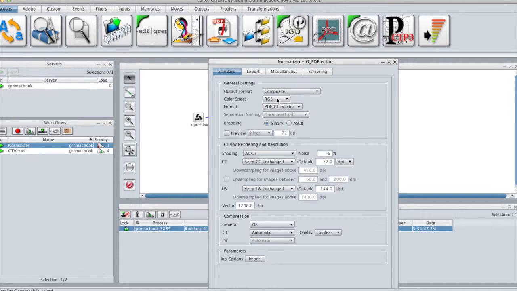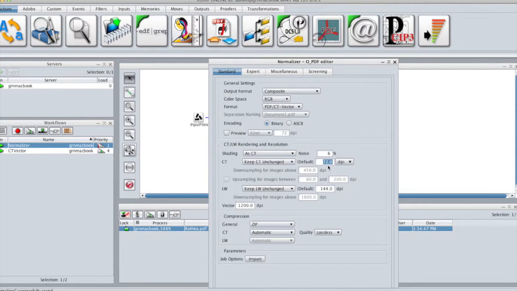The color space will be set to RGB to match the device's screen. It will also change the resolution of the image and line work to 72 and 144 dpi.